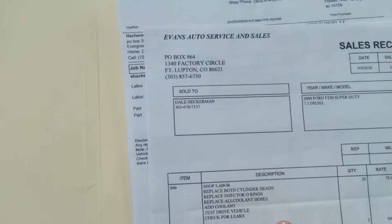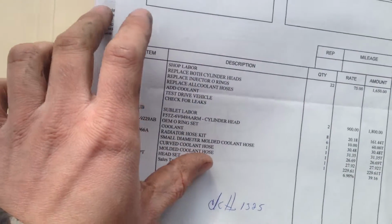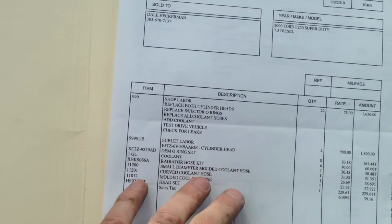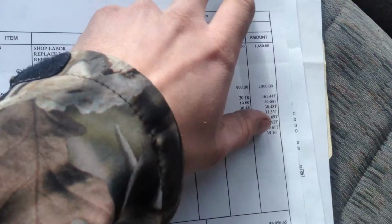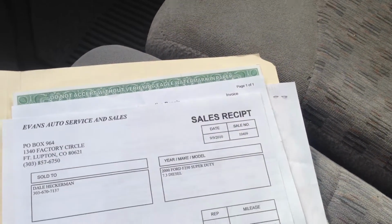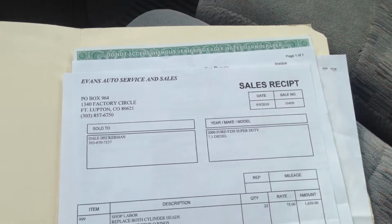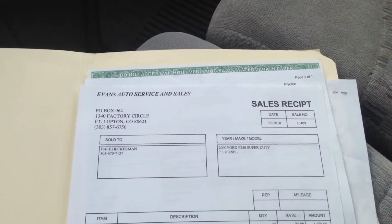And then here's the other thing I want to show you, the other big thing, and the other stuff is just little stuff here and there. Shock absorbers, brakes. Just had brand new brakes put on it. But this is the other big job that it had done, and this was back in 2010 there. And let's see, it tells us miles on here. If it doesn't, I'll find that out for you as well. But so we're talking 4 years ago,